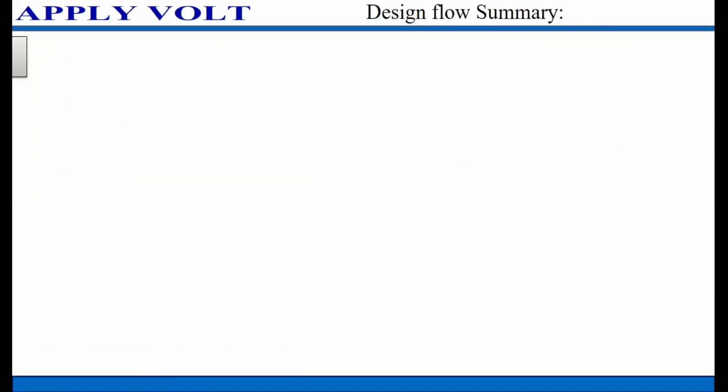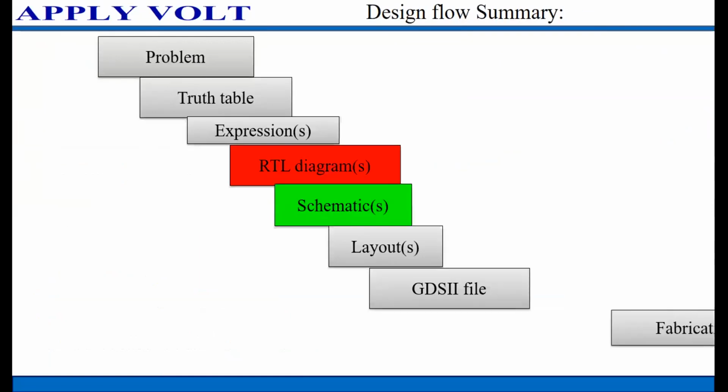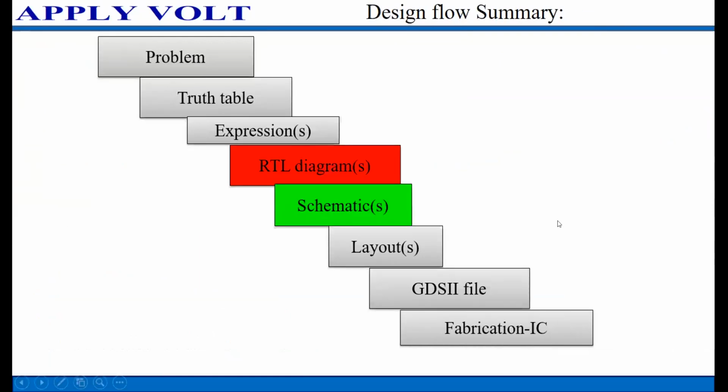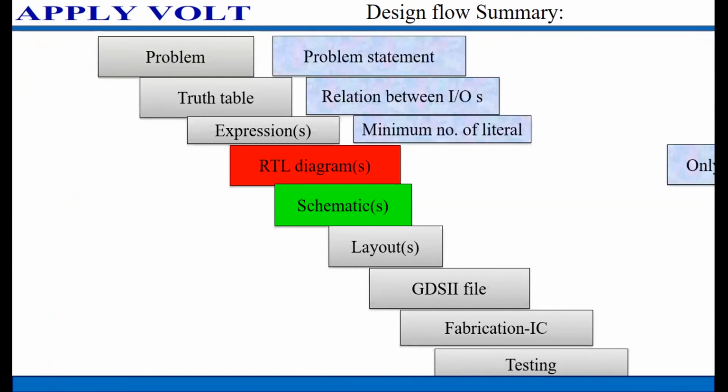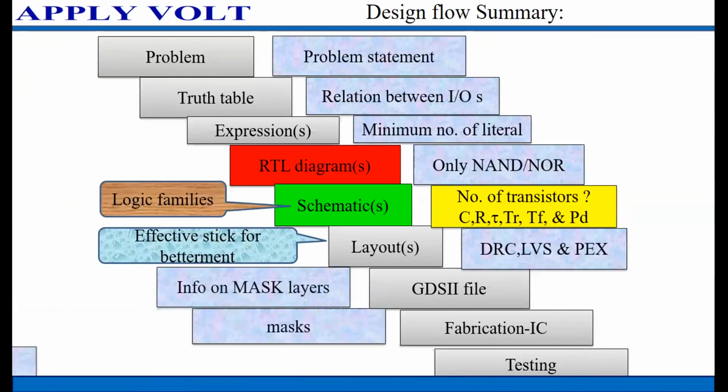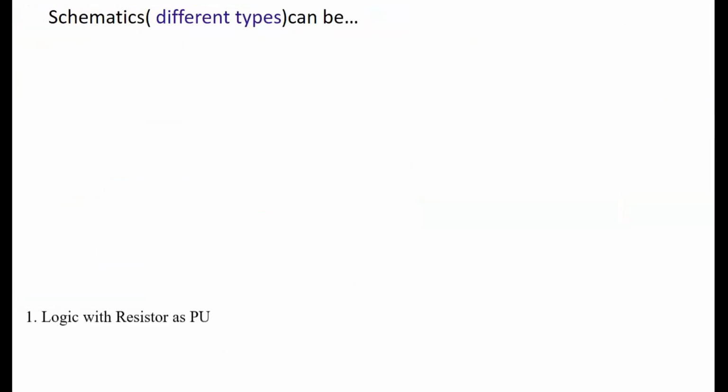Now see here, this is your flow again. And here we finish the task like RTL diagram. After completion of HDL coding, you are with RTL diagrams in different styles. One is data flow, one is behavioral, one is structural. Your next task is you have to draw the schematics. You have to draw the schematics from this flow itself. I'm moving a bit quick. Please try to excuse me.